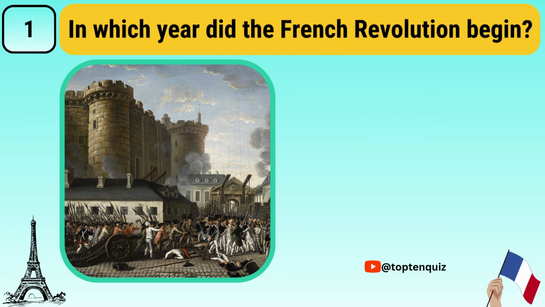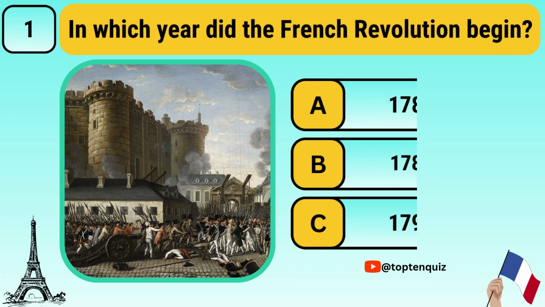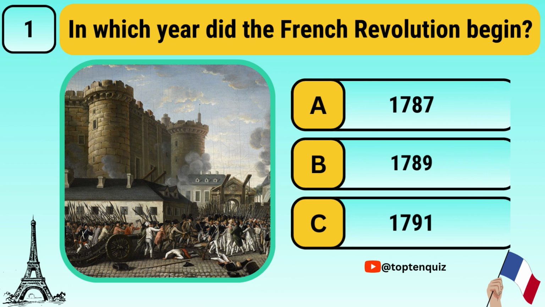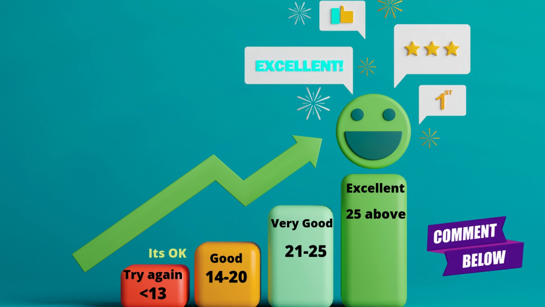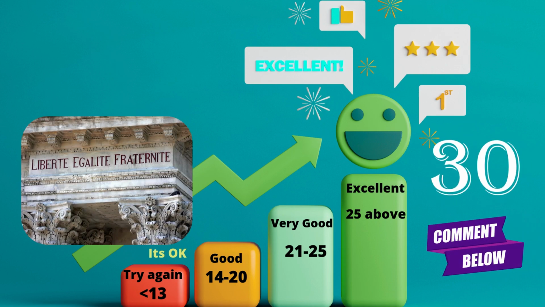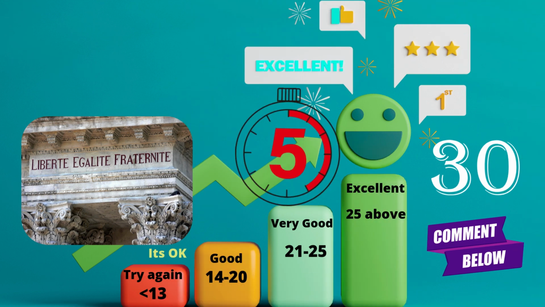In which year did the French Revolution begin? Option A 1787, option B 1789, option C 1791. Your time starts now. The answer is 1789. This quiz features 30 key questions on the French Revolution with just 5 seconds to answer,